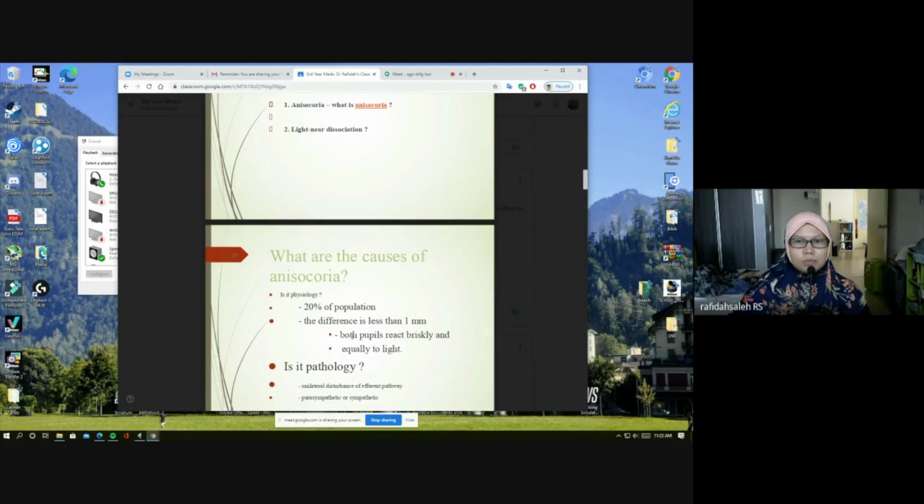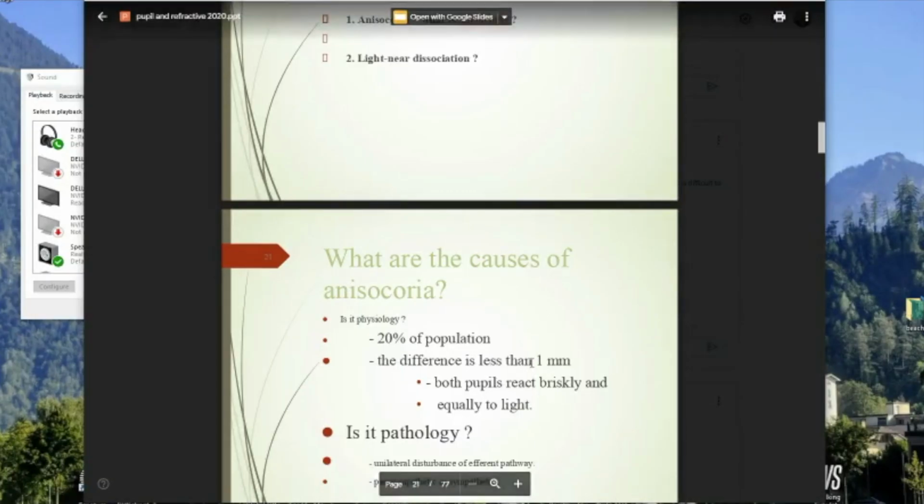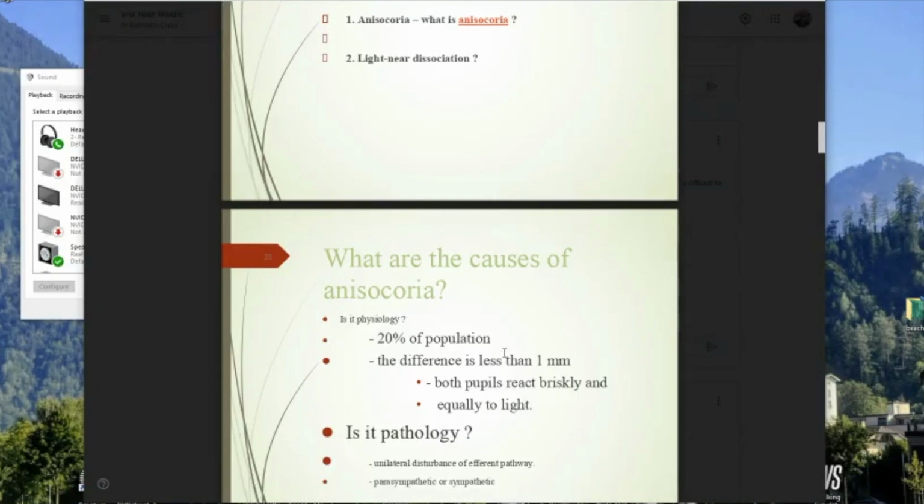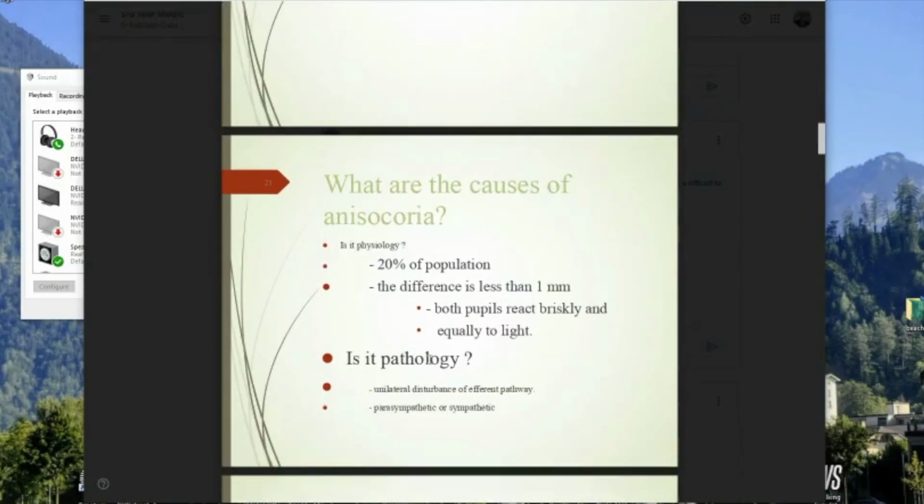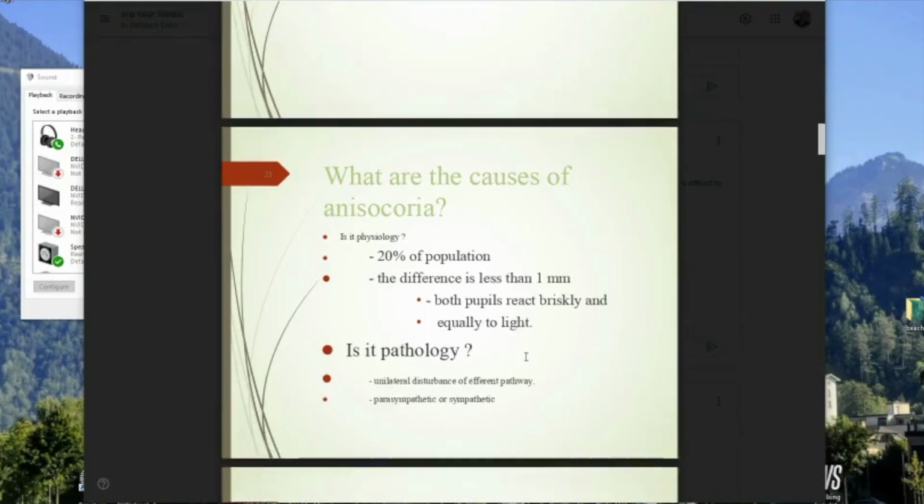However, both pupils must react briskly and equally to light, meaning probably one eye is 3 millimeters and the other eye is 2 millimeters, or 4 millimeters and 3 millimeters, not more than 1 millimeter. If it's pathology, it must be because of a disturbance in the efferent pathway, which is either the parasympathetic or the sympathetic